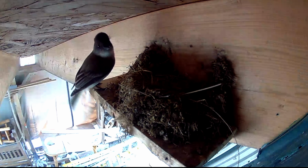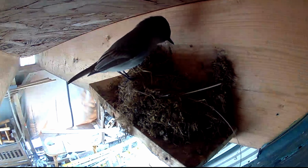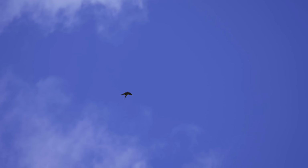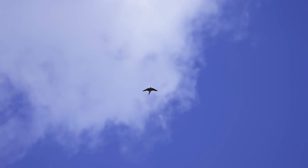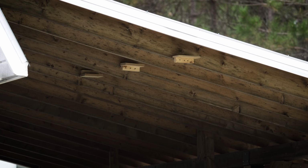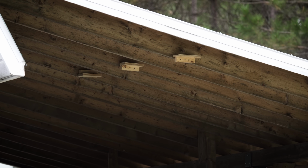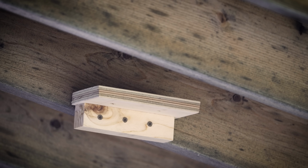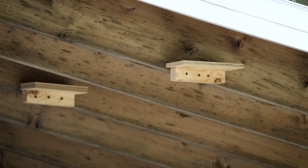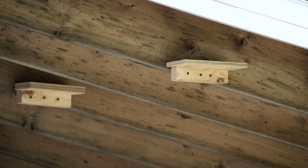One reason could be that the ledges I set up are too hidden. The phoebes found them because they hang out low to the ground to hunt, but for a barn swallow flying high overhead, I could see it being hard to tell that the ledges are there. So I installed 3 simple ledges closer to the edge of the lean-to, which should be more visible to barn swallows migrating overhead. Even if this doesn't work, it's not really a big deal, it's just a few pieces of wood screwed together,